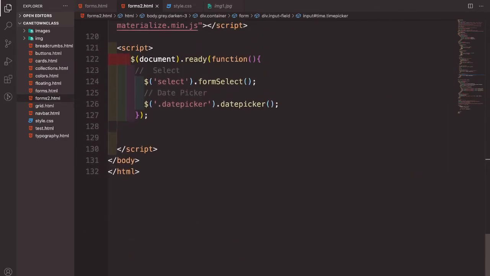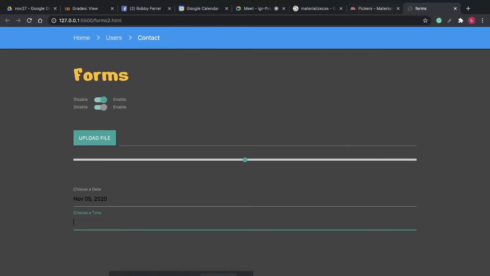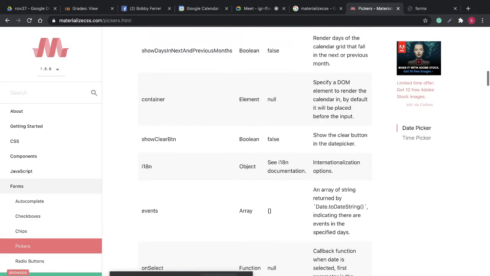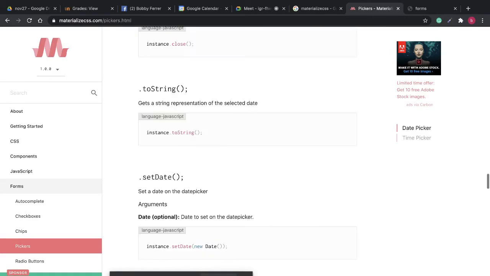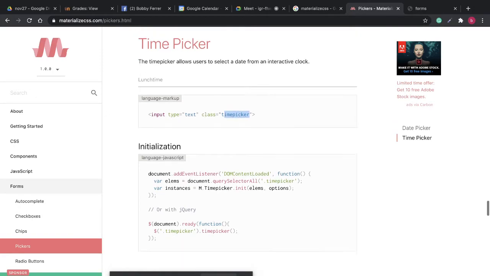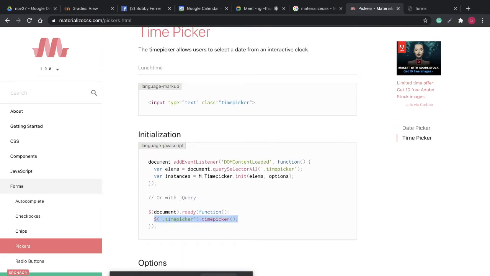Then, tingnan natin yung documentation. Baka kasi nagbago na. So, date picker. Ito yung time picker. Alright? Ayan. So, I think meron na tayong time picker. Then, this one. So, let's just grab the actual,